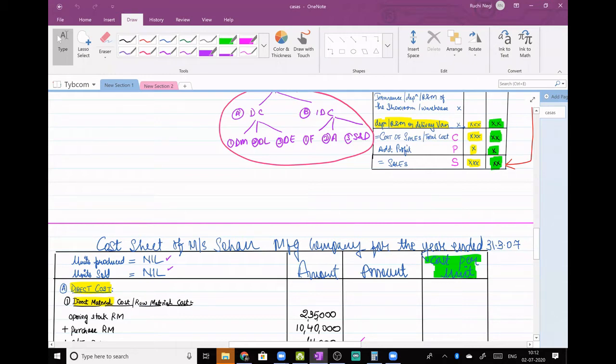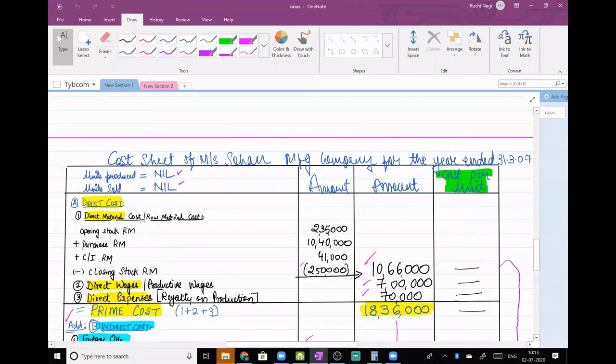I am making 2 columns for amount so that it is clear to you what to add and what not to add. There is no clarity when you do sums with 2 columns of amount. So one inner and one outer column. And then the last column is the cost per unit column. You can even make 1 column for amount, it's okay, but then you should not get confused about what to take inside and what to take outside the column. That's the reason I'm making 2 columns for amount: inner column, outer column, and then the CPU column. Clear? Now let us come to this. We'll go step by step here, so note down all these steps.